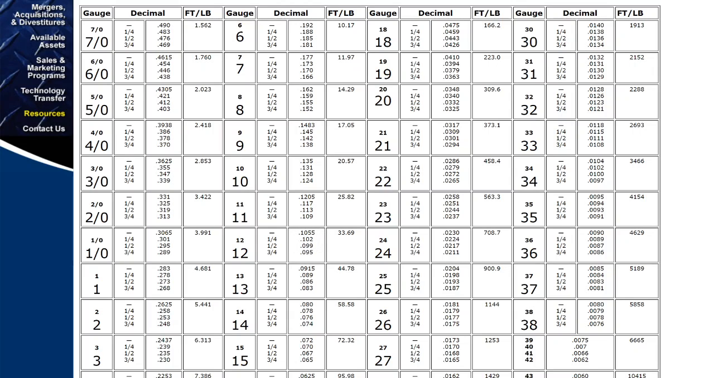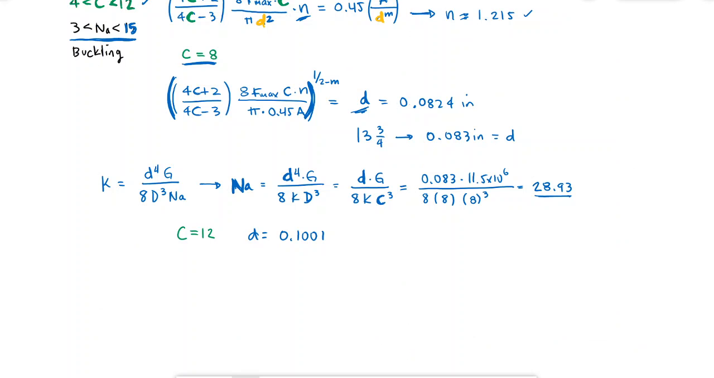Well, 12 and 1/4 is 0.102, and that works. 0.102. So for 12 and a fourth, this gives me a real diameter of 0.102. Anything lower than that wouldn't work. With that diameter, I go back to this equation for the number of coils, with this D right here, and